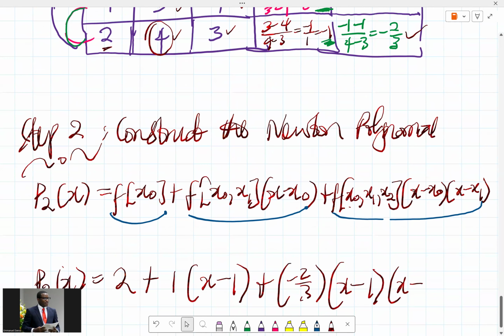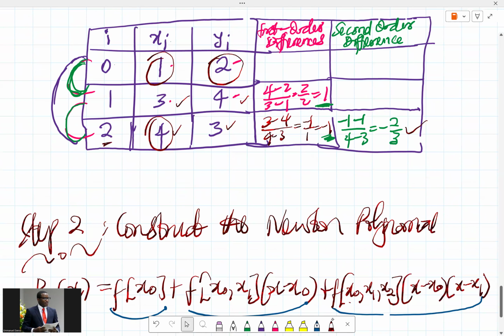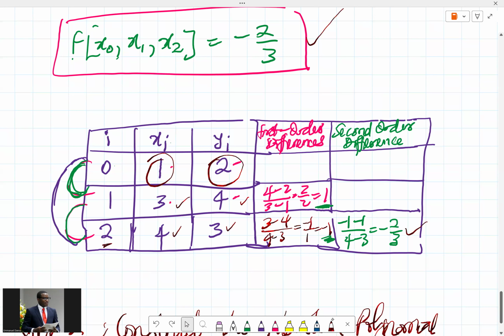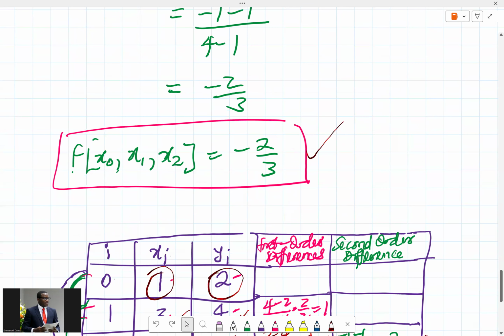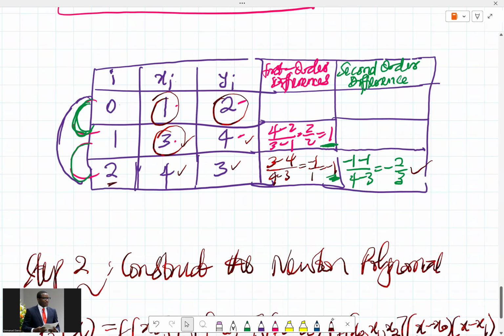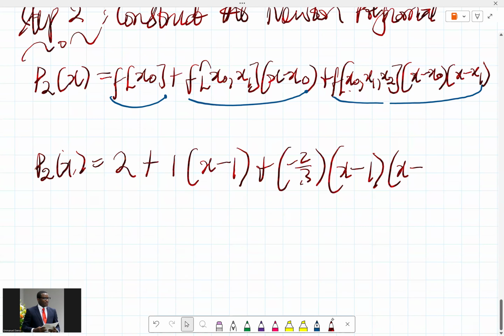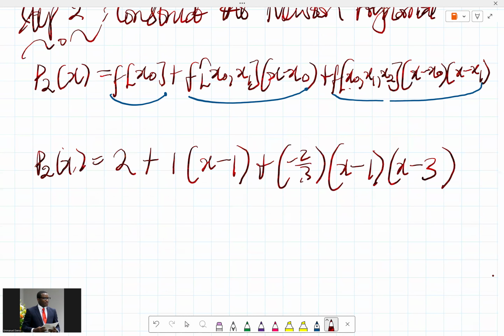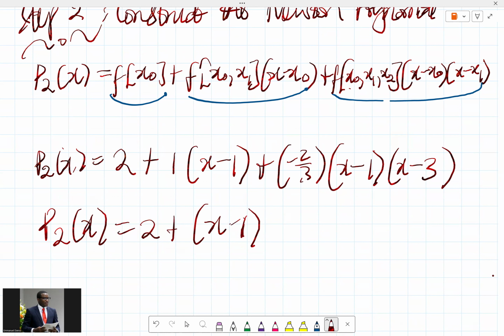Okay, x minus x1. So x1 is actually 3. X1 is 3. X1 is this 3. Okay, so we have this is 3 now. So that's the expression we need. So we have P2 of x equals 2 plus x minus 1 minus 2 over 3 into, if we can